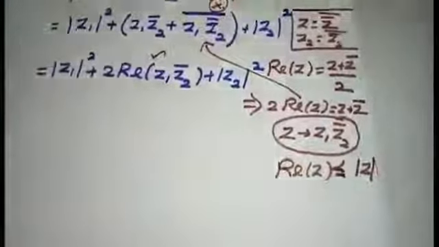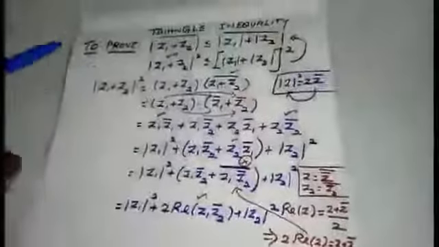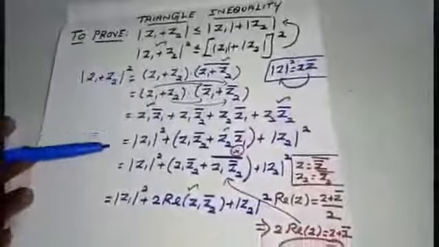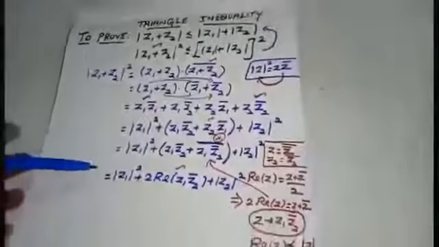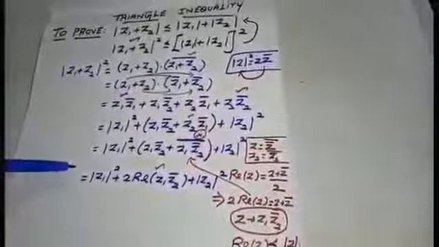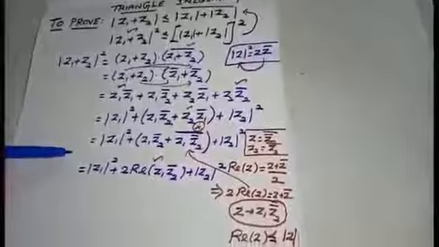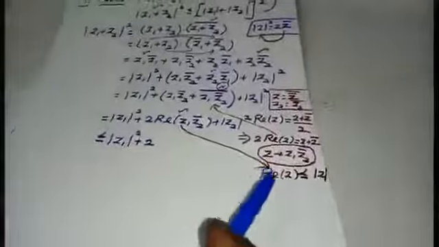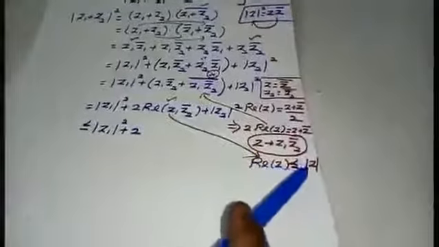If you notice properly, when I am starting my calculation to prove this property, I am using only equal to signs. Till now I didn't bring less than or equal to. In my question I am having it as less than or equal to. Still I didn't bring the less than or equal to sign. Real part of Z is less than or equal to modulus of Z.